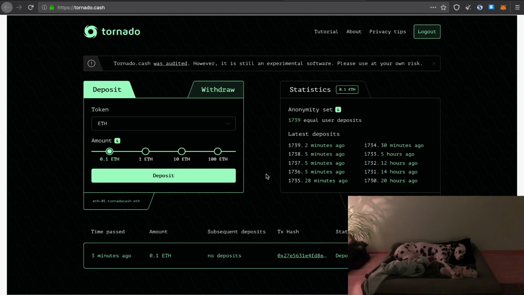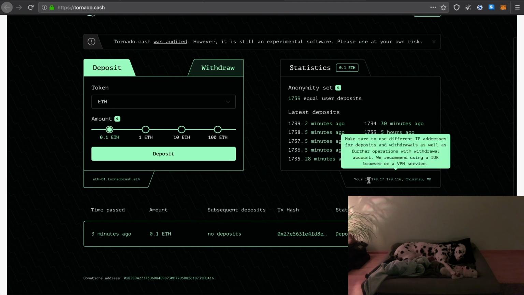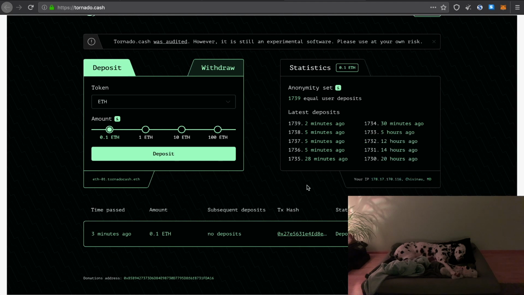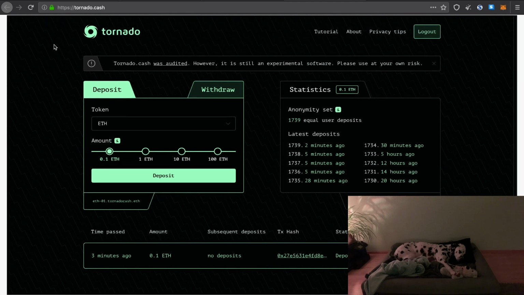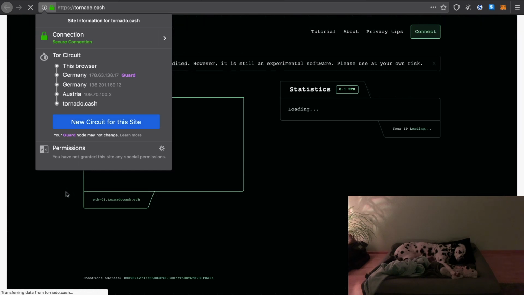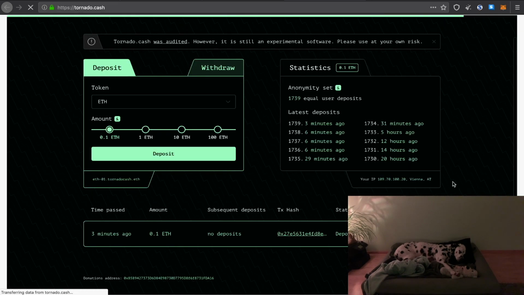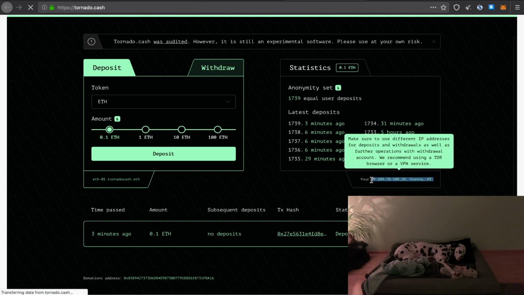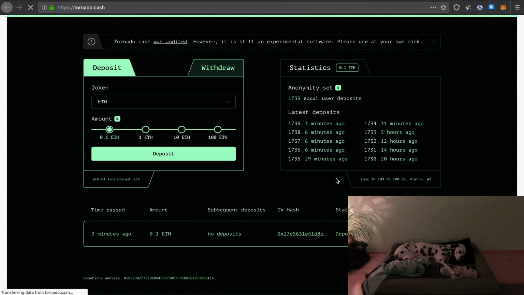So before you withdraw your Ethereum back to your wallet, you should wait at least 24 hours and you should renew your IP address. As we saw at the start, you can see here your IP address. With the TOR browser, it's really easy to renew the IP address as well. Just click on the little green lock and click New Circuit for this site. Then wait until the site is reloaded. We received a new IP address from somewhere else, so with that you don't have a link between your deposit